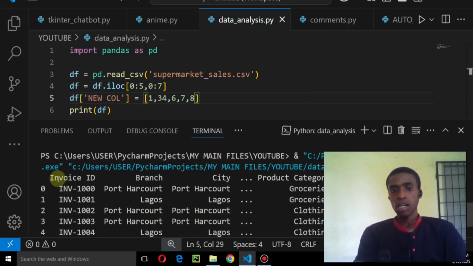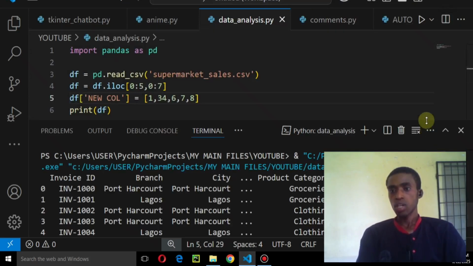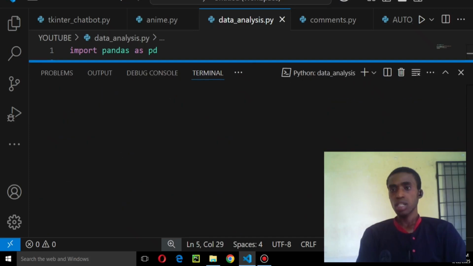this is our column 1, column 2, column 3. This dot signifies that there are other columns before this, our last column. This is the new column that we created. It was in the last position. So let's look at this new column that we created and look at the values that we set for